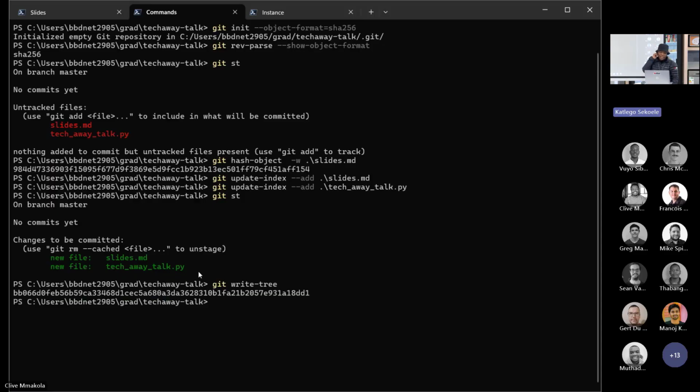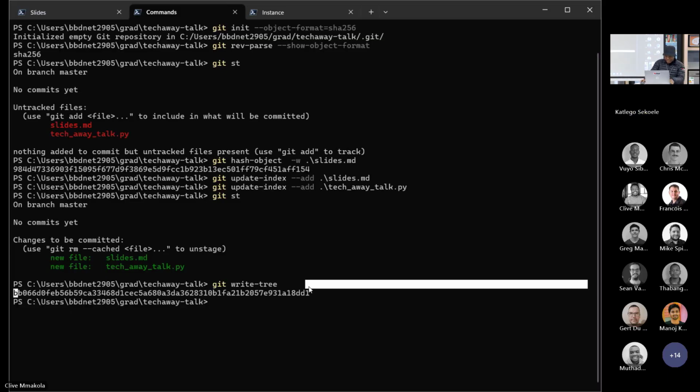And after creating the tree, it'll give you back a SHA of the tree. So to see that, what we're gonna do is,